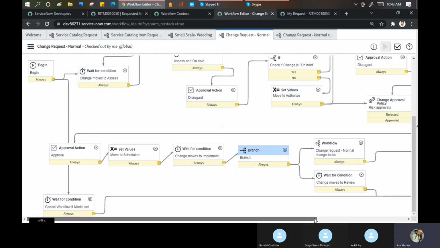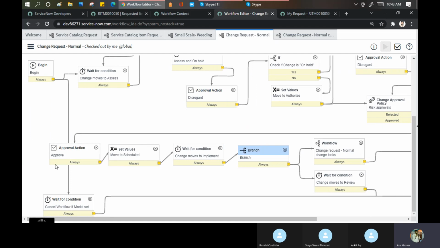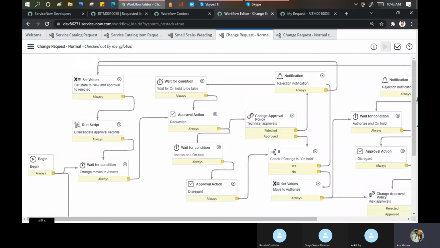So that is fine. So for you and Ronald, it is good if you read this particular flow. Leave everything in it, change policies and all this you can leave as of now, because that will be discussed later on. Rest you can go through and try to understand what is happening, because you guys know the change management process in and out. It is easy for you to understand.